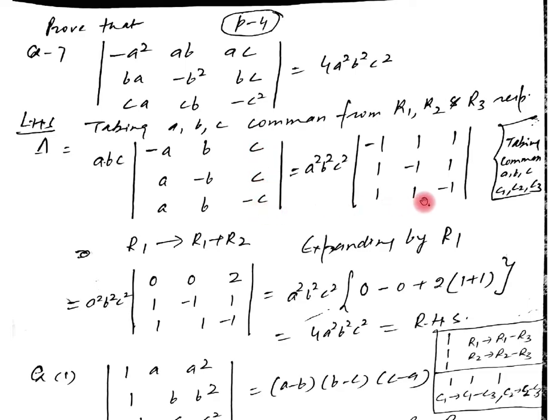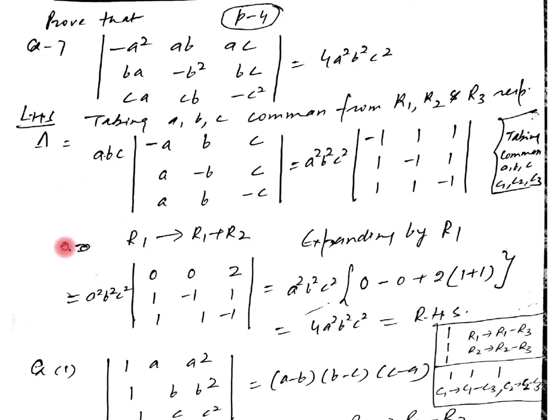Is it clear? In mathematics, we know whenever we have to simplify any algebraic expression, first if there is something common, we have to take it out, because this unit is under algebra. Generally, when we are applying the properties, firstly we did the questions in which we did not do any expansion, only proving that the value of the determinant is 0. But here we have to prove that this side equals this side. In this type of question, in the last step, when we have the maximum number of zeros in any row or column, we have to expand the determinant.